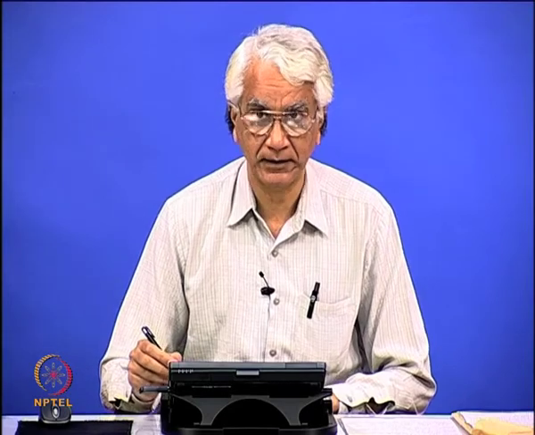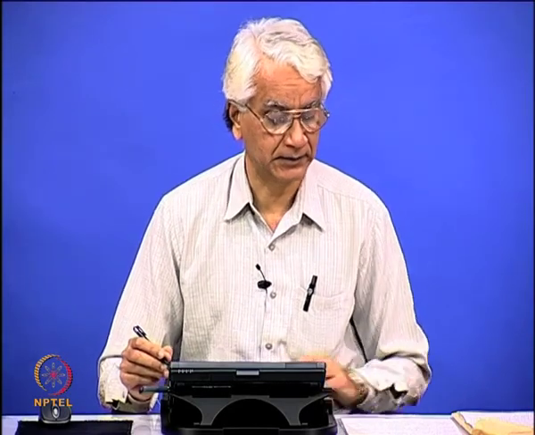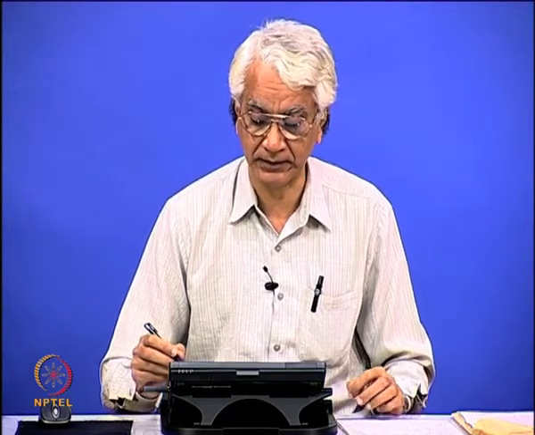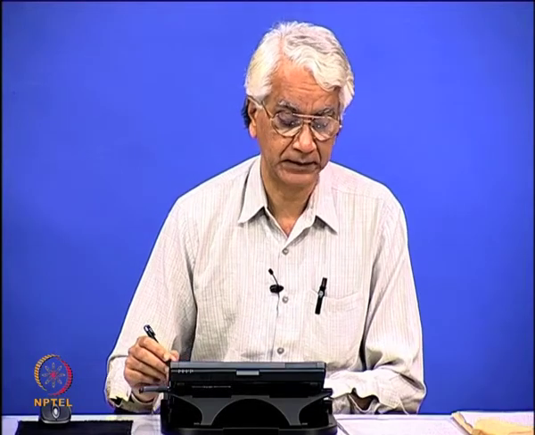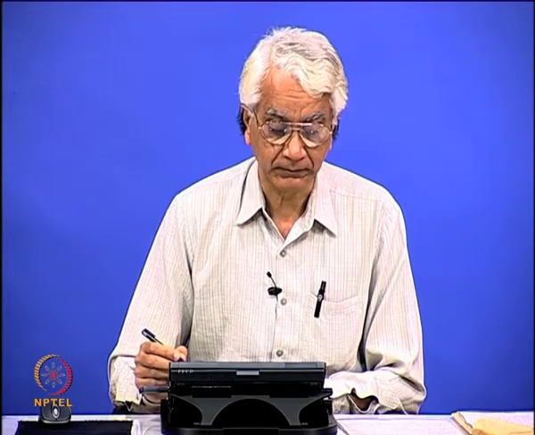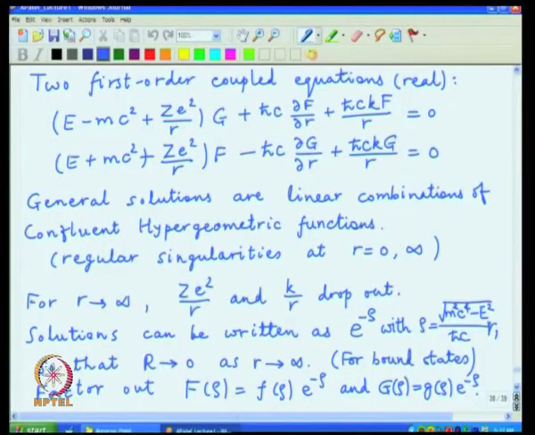In the last lecture, I started discussing the solution of the hydrogen atom problem in case of the Dirac equation. We separated the differential operator into radial and polar coordinates, replaced the polar part of the operator by its eigenvalues, and then obtained the radial equations which were coupled between the positive and negative energy components of the 4 component Dirac spinors.